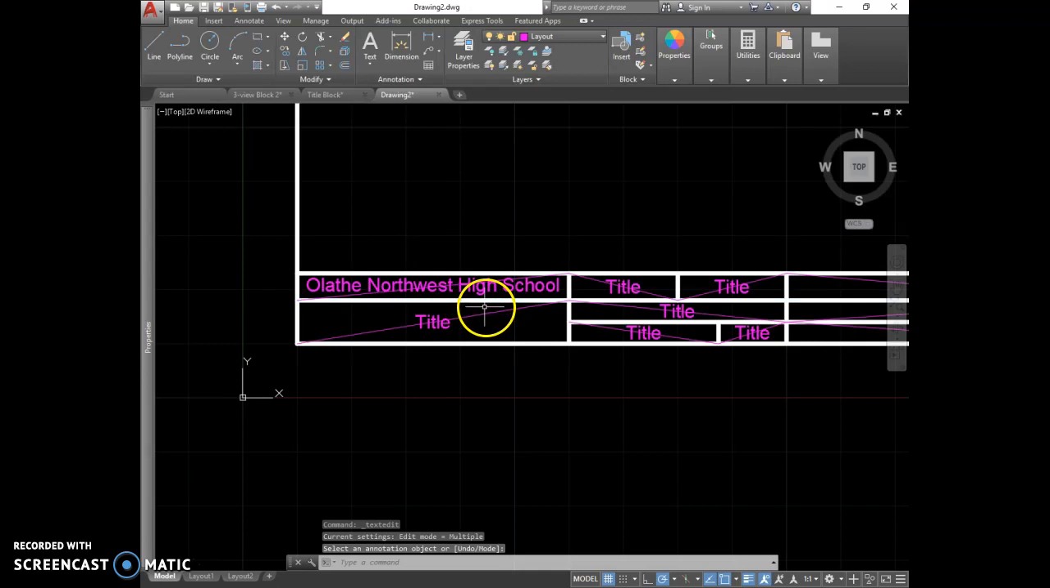Alright, you're going to have that in there. Now, I realize these are on the wrong layer, but leave them on that layer for now. So go ahead and get those